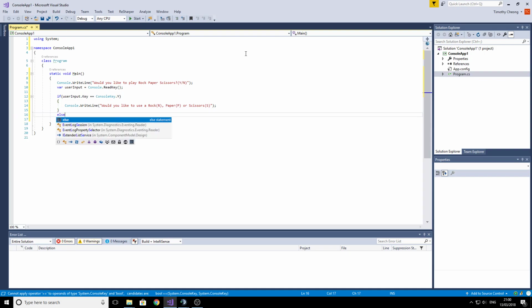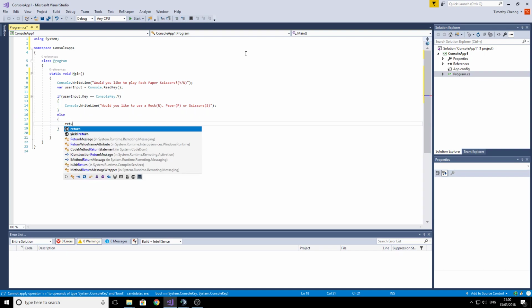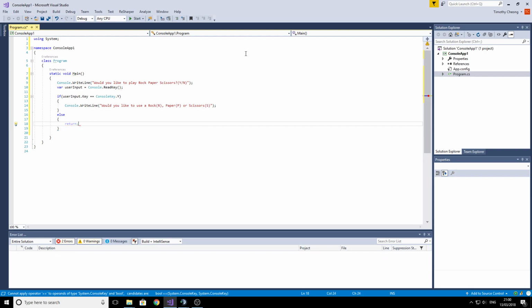And if that's not the case, we'd get a return. It's not strictly needed because this is the main subroutine, and when the main subroutine finishes and there's nothing else, the program closes anyway. But I just wanted to introduce you to the return as well. So, assuming that the player picks yes and wants to continue, we now need to get the